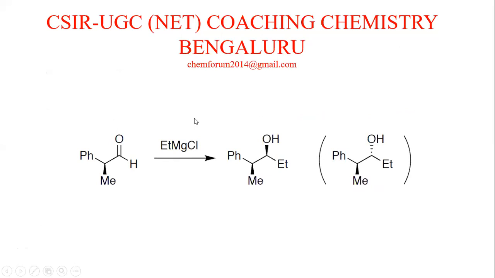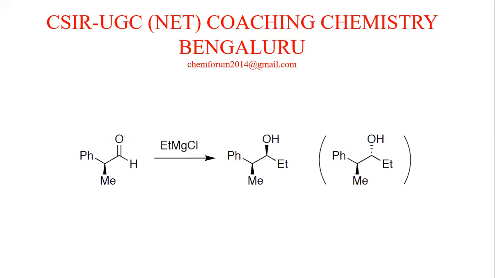Here we will see the addition of a nucleophile to an electrophile, but this reactant contains a chiral carbon alpha to the carbonyl group. The products formed are one major and one minor, in which case the OH group is above the plane in one and below the plane in the other. We need to predict which one would be the major one and which the minor one. It's a simple addition of a nucleophile to an electrophilic center, generating the new functional groups, and we predict their orientation in space.